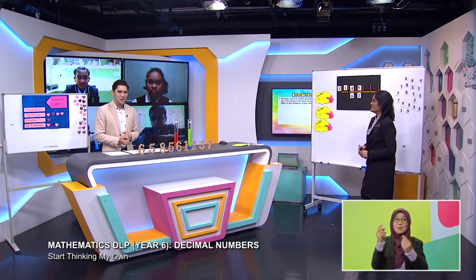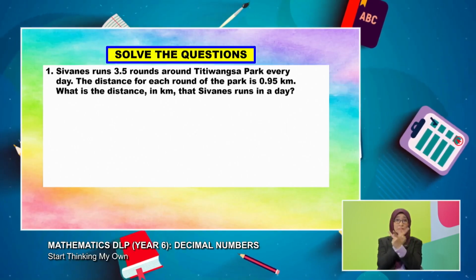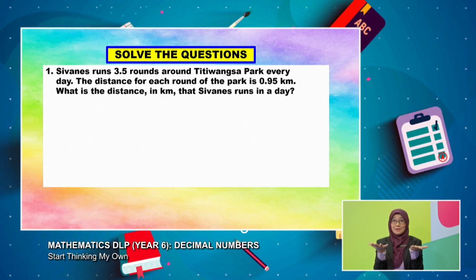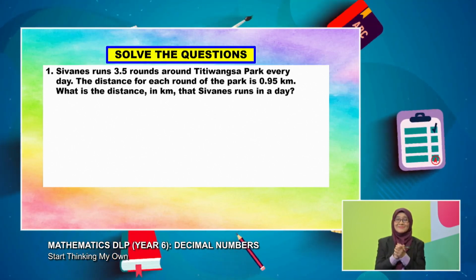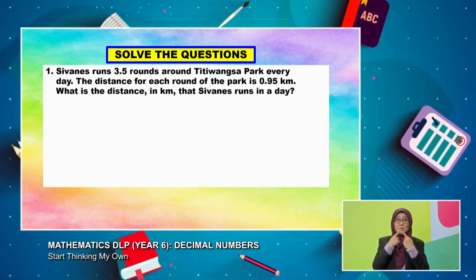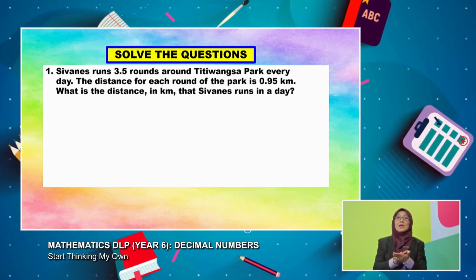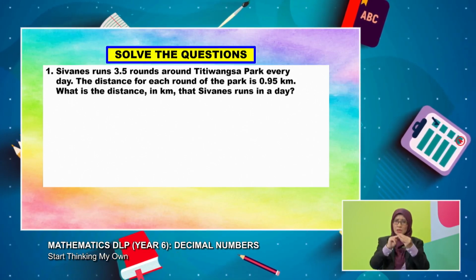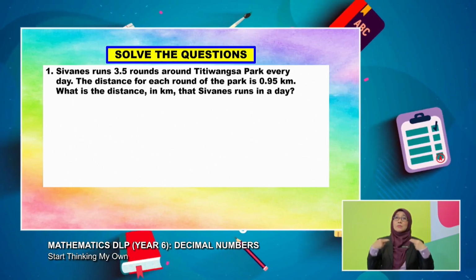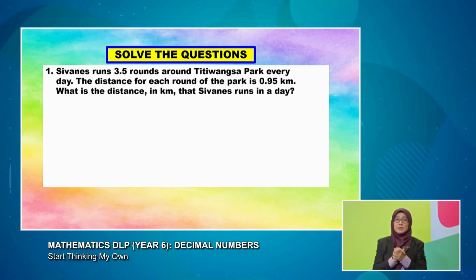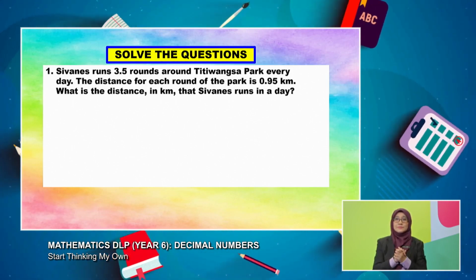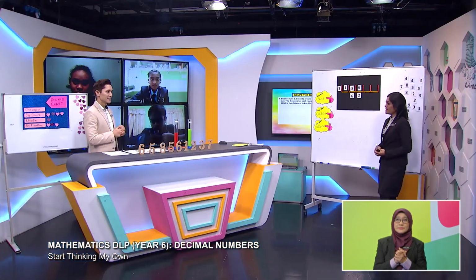Okay, so all of you, what are you trying to do? Multiply, divide? My friends at home, what are you doing? I'm sure you can answer this question correctly. This is a problem solving question related to our daily routine. So read the question, understand word by word, and then find the operation, and finally come up with your solution. Calculate and give me the answer. We are waiting for the right answer.